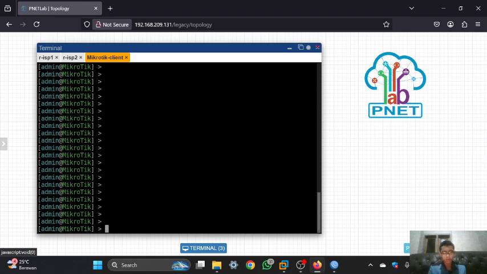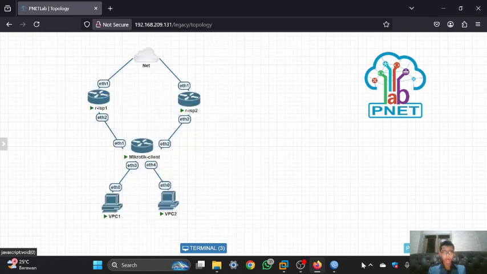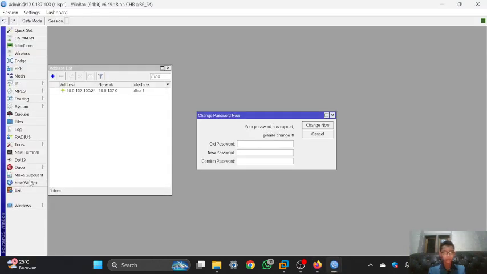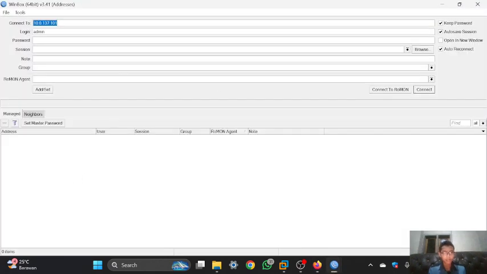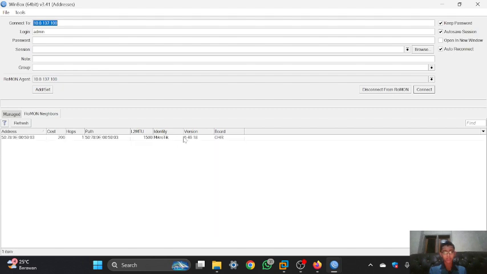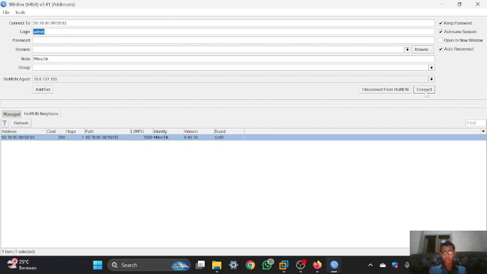I will set tool romon, and after that you can open it in Winbox, and here the connect to is using the IP of ISP1, and click connect to Romon, and it should show here. Then you can click connect,